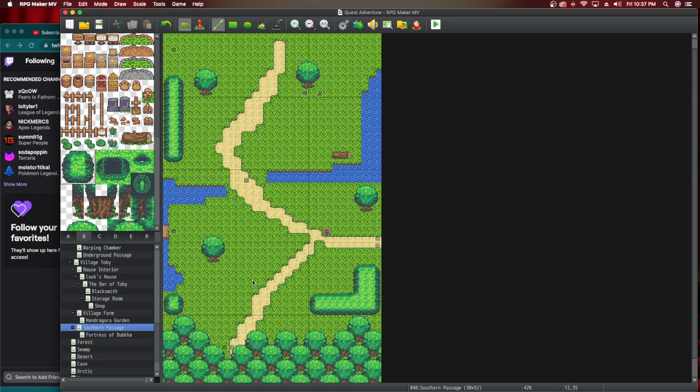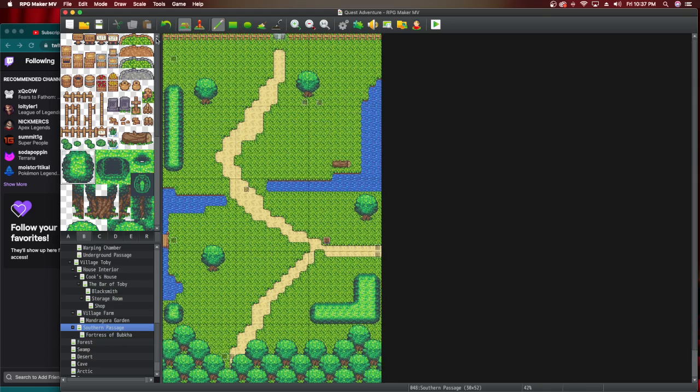Things that block the path. That way the player is not going too far off the beaten path. Did this go anywhere? No. Let's try this. Okay, let's go. There we...